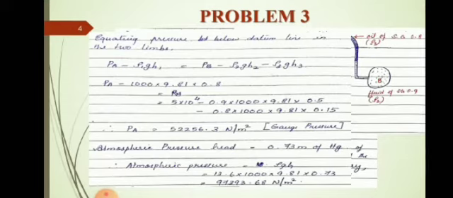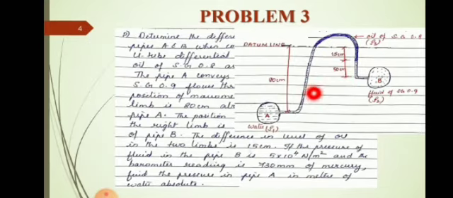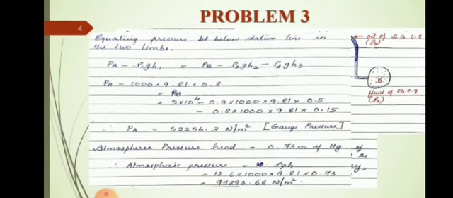Since it is an inverted differential manometer, you have to subtract the pressures. So first we consider the left limb. Below the datum line, what all things are there? PA is there, then water for a height of 80 centimeter. Since it is inverted, you have to do a subtraction: PA minus pressure of this much water. That is what is written here: PA minus rho 1 GH1. So this suffix 1 is used for the pipe containing water.